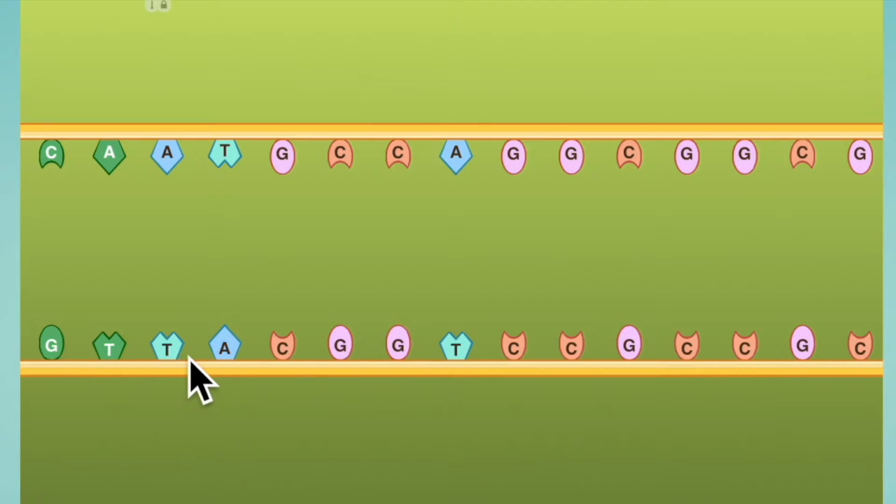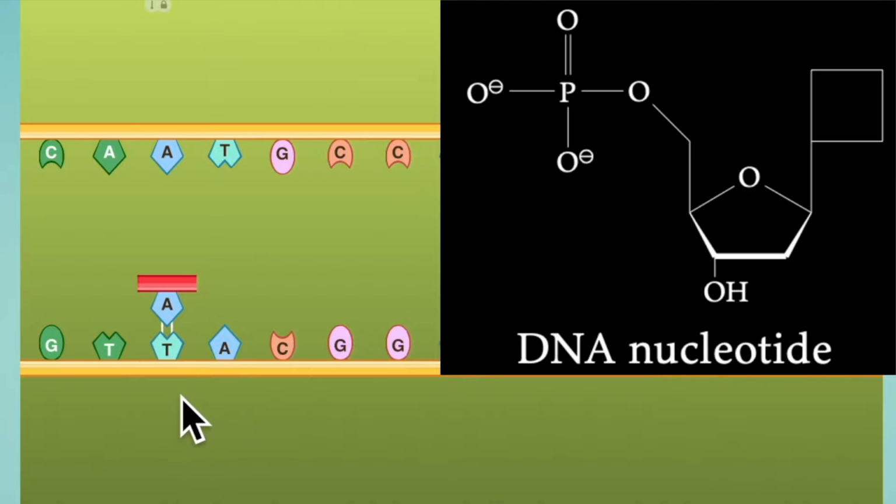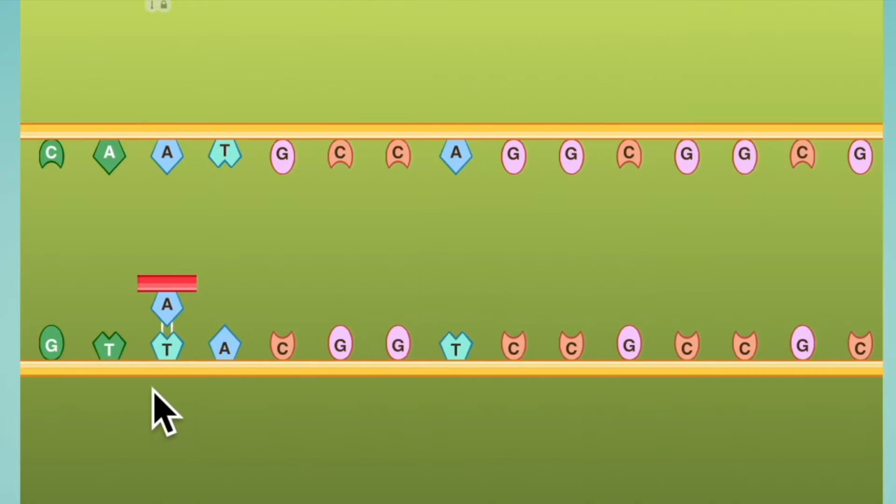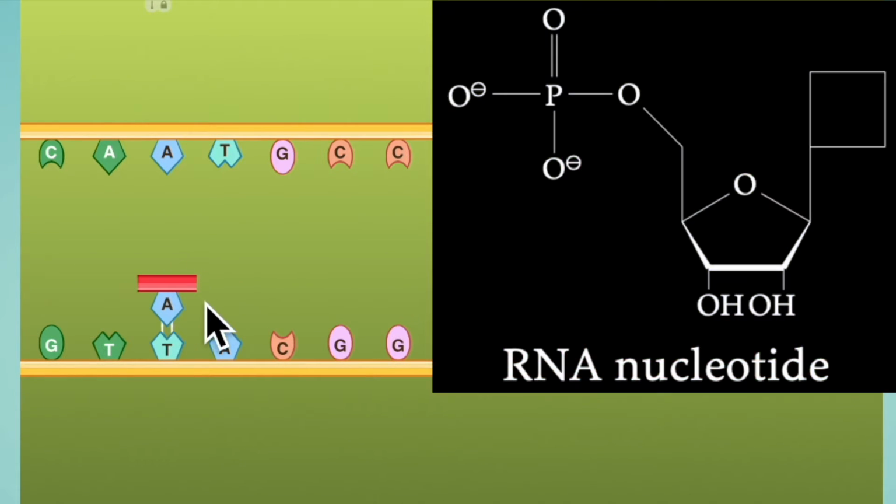So the first base here we're interested in is a T, and it's going to bring an A base, so that is a nucleotide. And here what we're making is ribonucleic acid, and what we had as template is deoxyribonucleic acid. So the structure of the sugar, which is not shown here, is also a bit different. For the DNA nucleotide, on the sugar we only have one hydroxyl group, but for the sugar on the RNA here, we should have two hydroxyl groups.